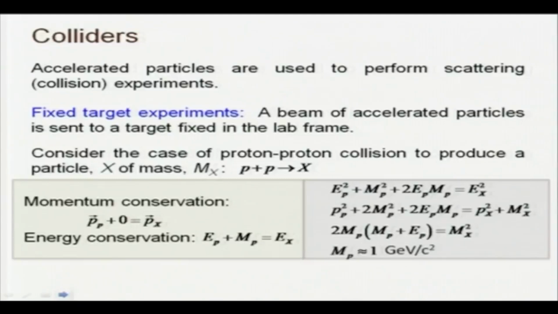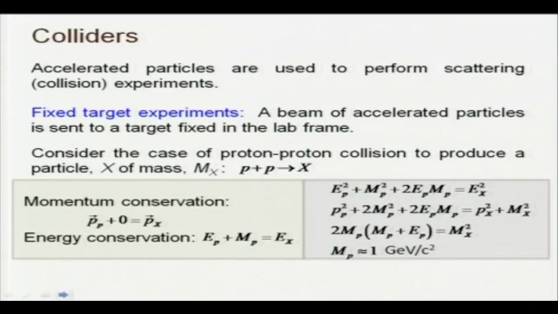square. And now, proton mass, let us assume that it is equal to 1 GeV per c square, approximately. It is 938.5 MeV, right. So, to be more accurate, but let us take it to be approximately 1 GeV. If you put Mp equal to 1, you will immediately see that Mx square is 2 times Ep plus 1,